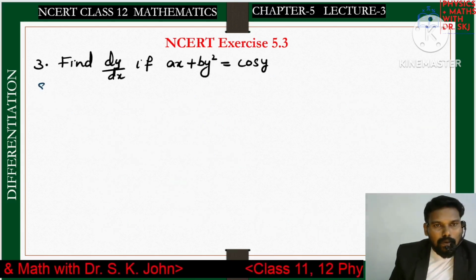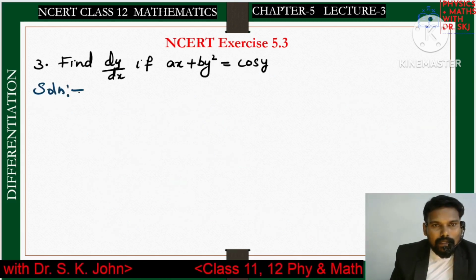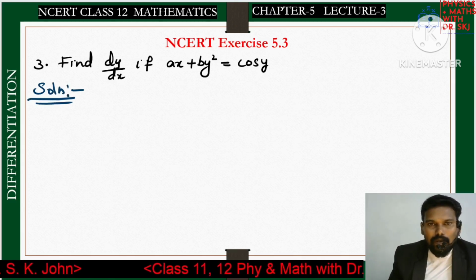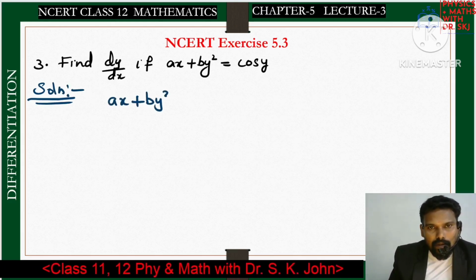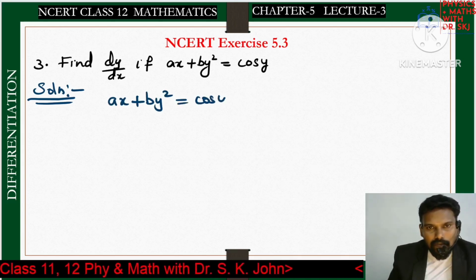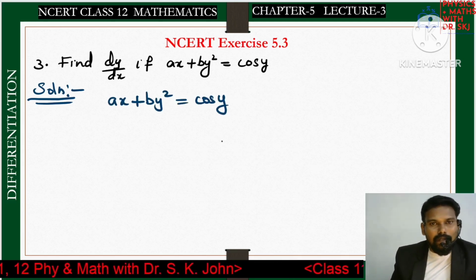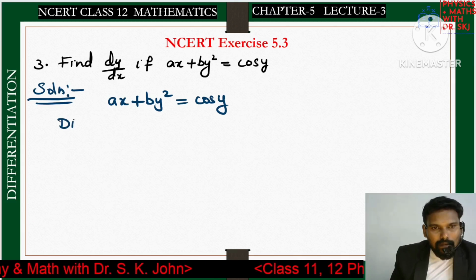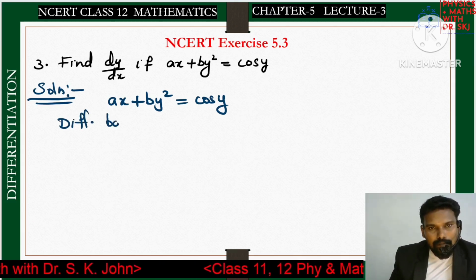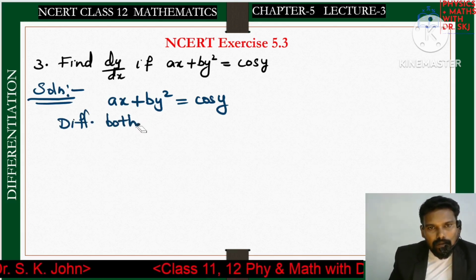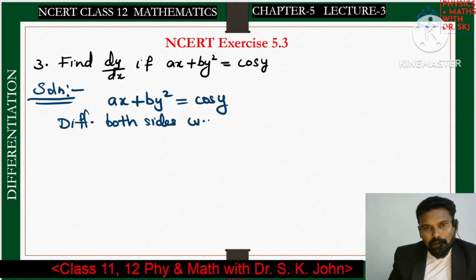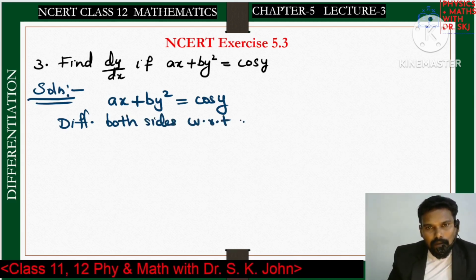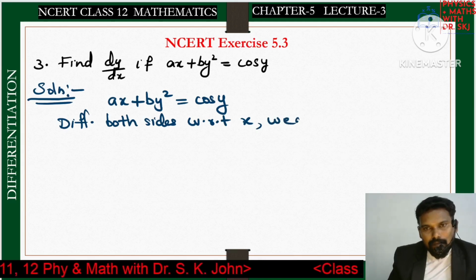Now coming to the next problem. Find dy by dx if ax plus by square is equal to cos y. ax plus by square is equal to cos y. This is the implicit function or implicit relation given. Now differentiating both sides with respect to x, we get